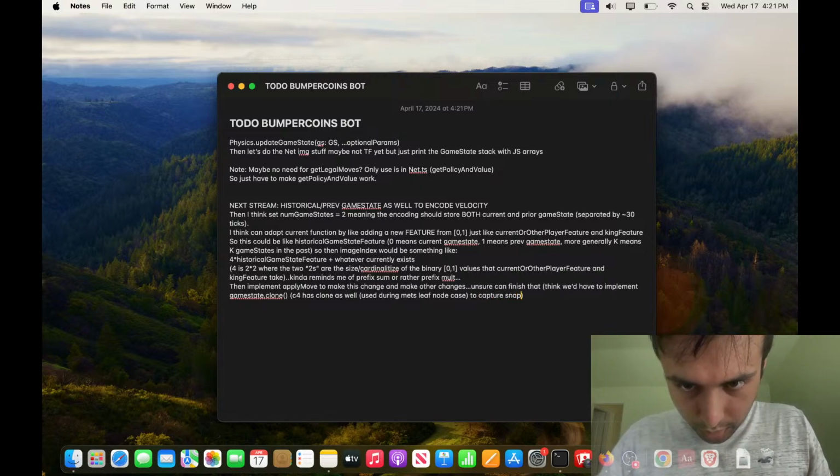capture a snapshot of current coin positions and of current game state, and then when we apply